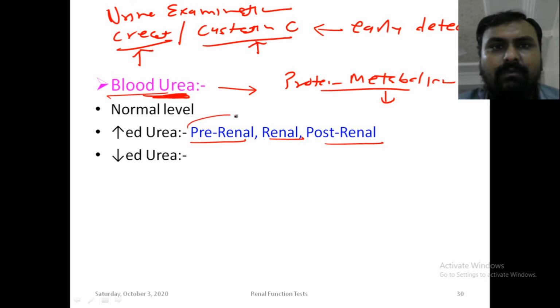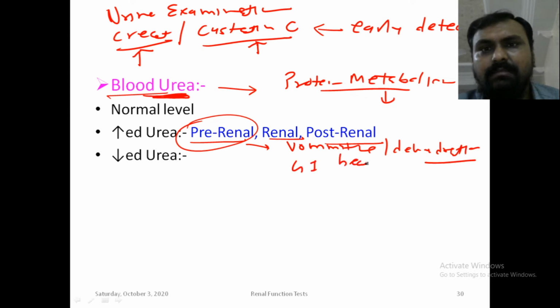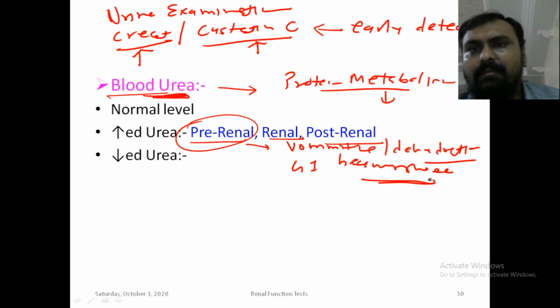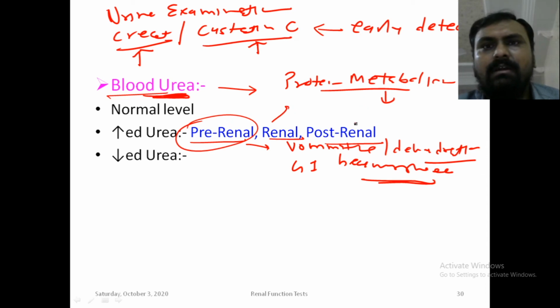So what will be the pre-renal causes? The most important cause is vomiting, like dehydration. When plasma volume is lost, urea concentration comparatively increases. Or in surgery, GI hemorrhage, because with more and more bleeding, RBC breakdown occurs, more globin chain is released and amino acids are metabolized, and urea level will be increased. And renal cause, as we know, acute renal failure, chronic renal failure, urea level is increased. And post-renal, most important is stone or urinary stricture.